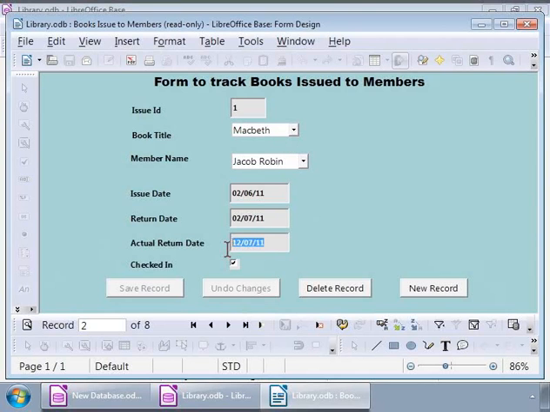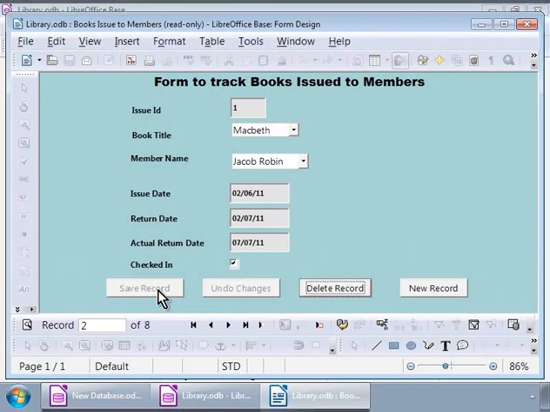For example, 7/7/11 and check the checked in field. To save this information, we will press the Save Record button that we put there. Notice that the button is grayed out, meaning now it is disabled from use. But if we edit this record again, then the button gets enabled again.